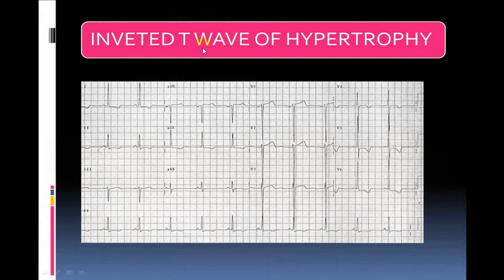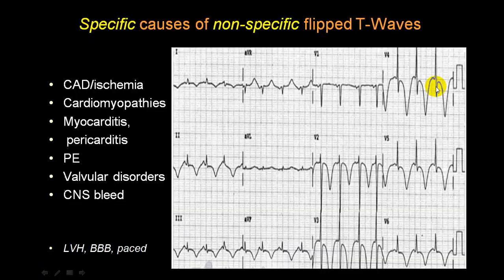Now here you will see that the T wave is inverted. You can see the T wave is inverted. Can you see the T wave is inverted? Here it is upright and then inverted. This is a biphasic wave. And if you see in lead 1, aVL and V5, V6, there is a tall QRS complex. It is narrow. So this is in favor of LVH with an inverted T wave, that is LVH with strain. And in V1, you can see a deep S wave, that is in favor of LVH with strain pattern.